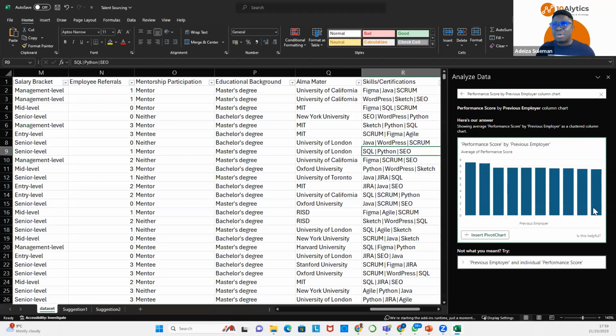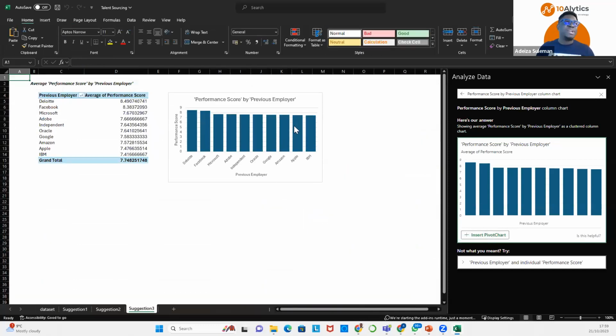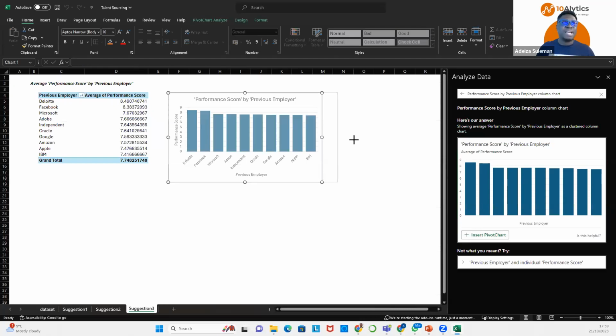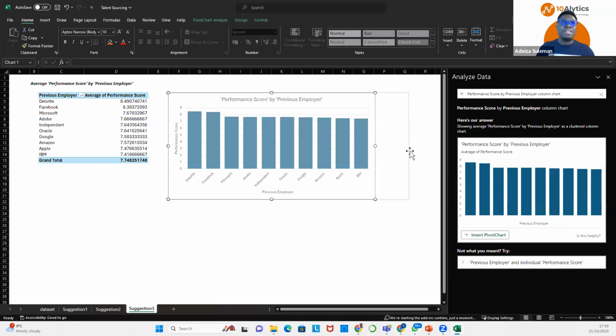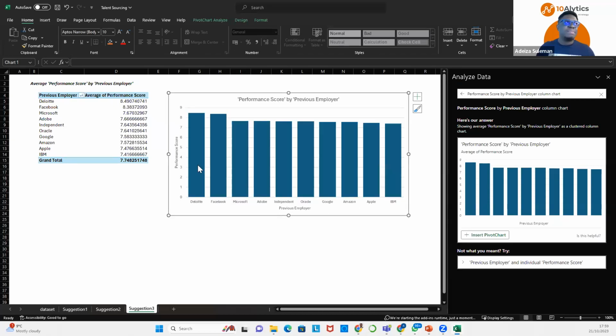And then you can see the columns rather than the bars. You can use the bars, you can use the column, depending on what you want. So now that it has given us the column, I'll just simply click on what? Insert pivot chart as usual. And this brings me here. Let's expand again as usual. Okay, and you can see the companies, you can see the performance. Two companies seem to have higher performance compared to the others.